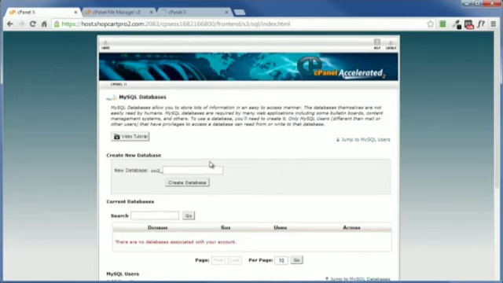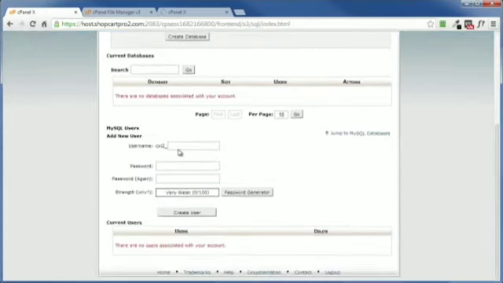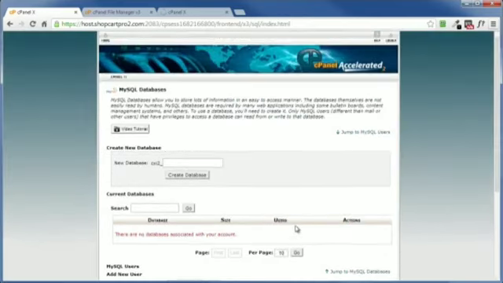Now we want to create our database here, create a user here, and then tie the two together down here. And I'll get to that here in just a second. But first, let's create our database. Now you can put whatever you want in here, and if you make a mistake, don't worry because they will tell you in big red letters. Click on Create Database,